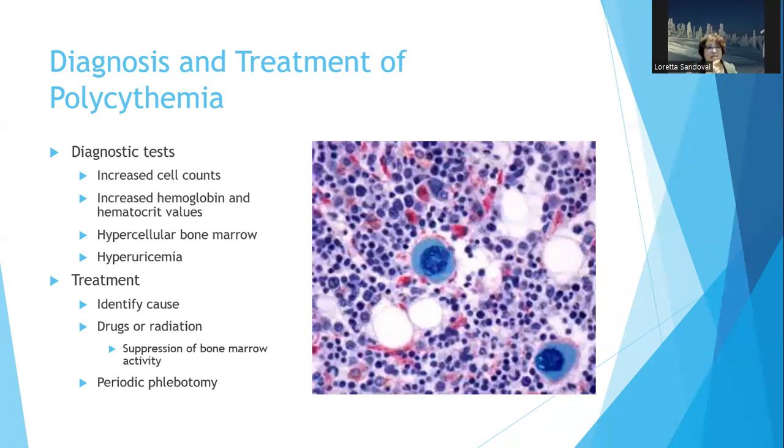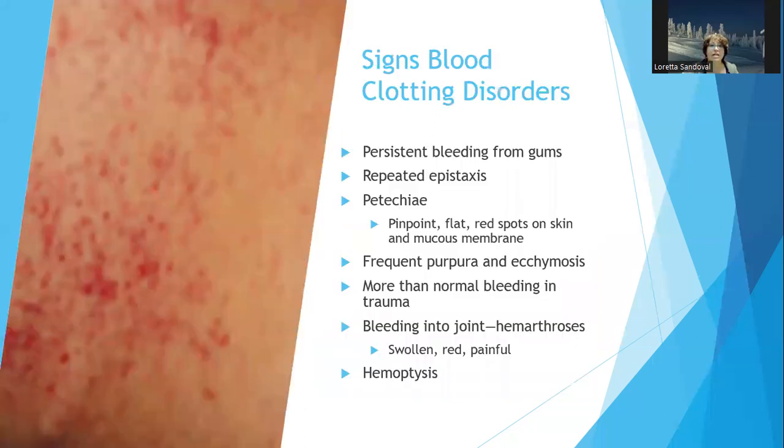If something else is causing it, you might need drugs or radiation to suppress the bone marrow activity, and periodic phlebotomy to remove the excess blood cells. So they take blood because you have excess blood cells. So kind of interesting. There are lots of different blood clotting disorders, and they all have similar signs but different